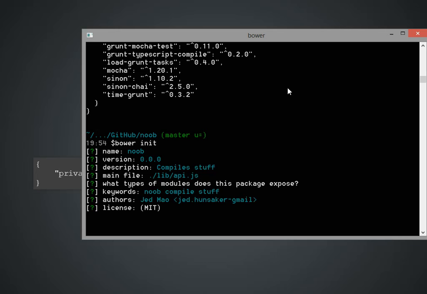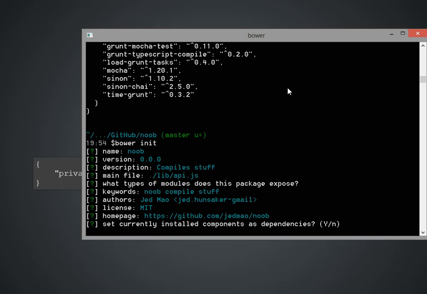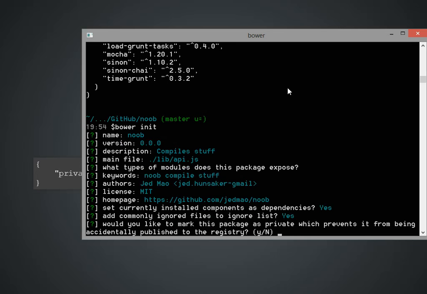That's me, license MIT, homepage, got it. So it's pretty smart about what's going on with your package. It's probably looking at your package.json file in some cases, I'm not sure, but it's pretty smart. So add commonly ignored files to your ignored list. Yeah, a lot of this stuff doesn't really matter unless you're actually going to